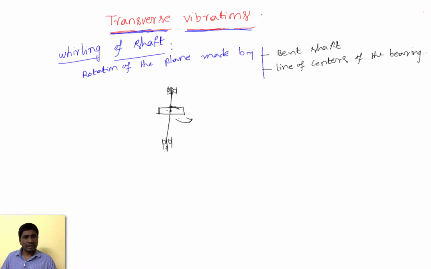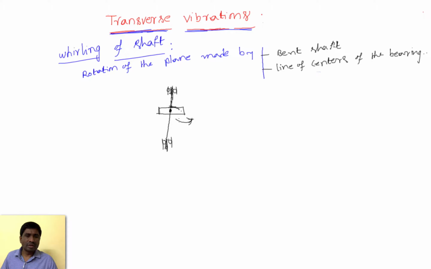And if the center of gravity of the pulley is coincident with that of the shaft, then these vibrations are very simple to find out. But in some cases, the center of gravity of the pulley, or the mass attached to the shaft, is not coincident with the shaft. Generally what we expect is,